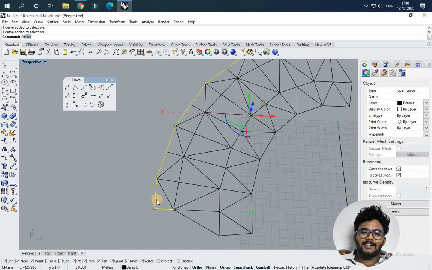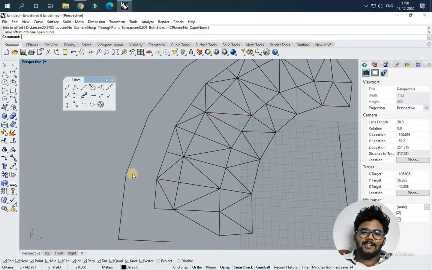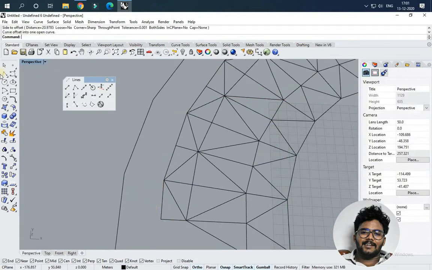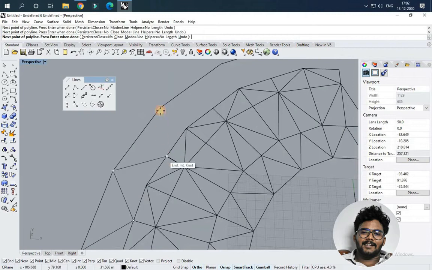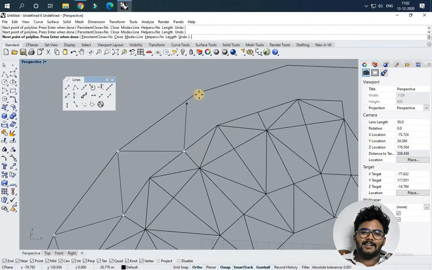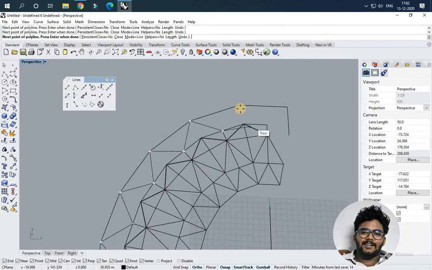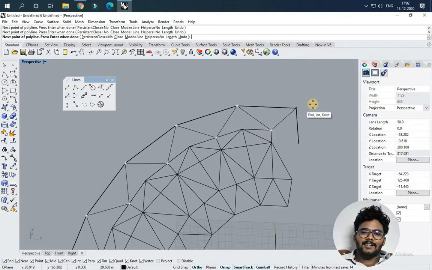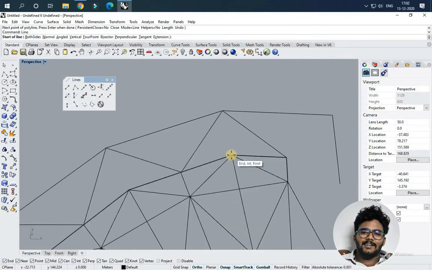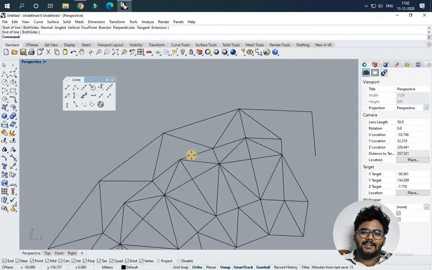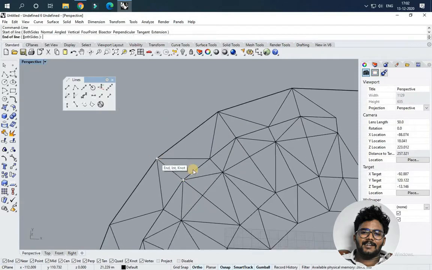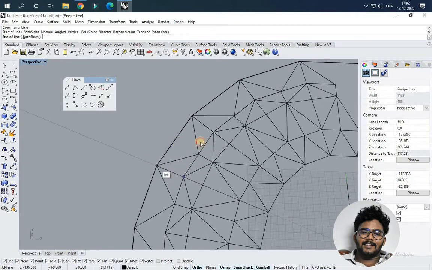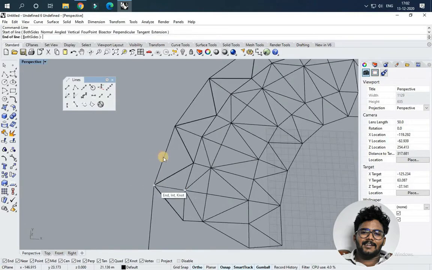So I'm using offset. I'm using the polyline command again. I'm creating another triangle with the points which I created with the offset lines at that distance, okay? So I'm using line. At this point, you can extend the lines or you can use the line command to join them. It's up to your wish, okay? So I'm using the line command to extend it.